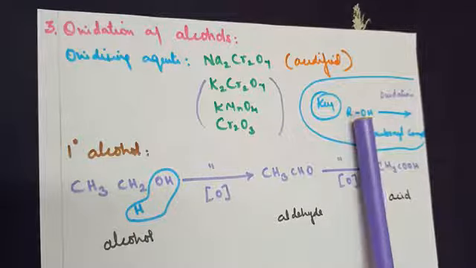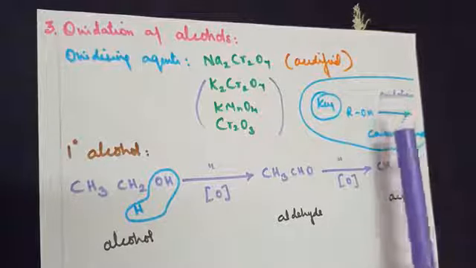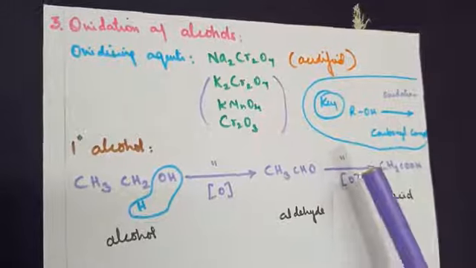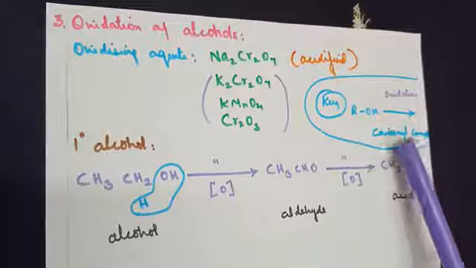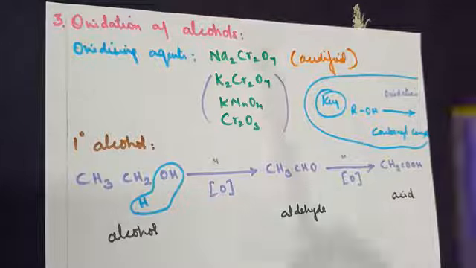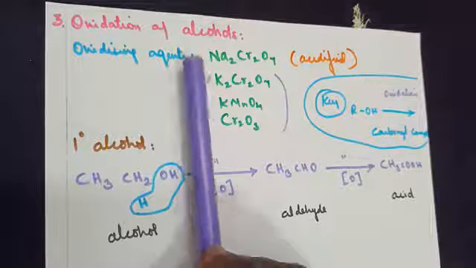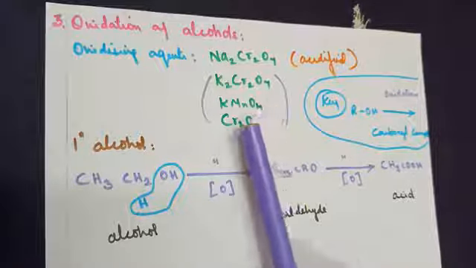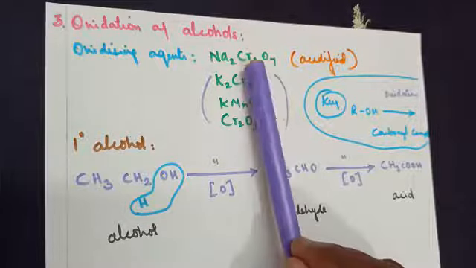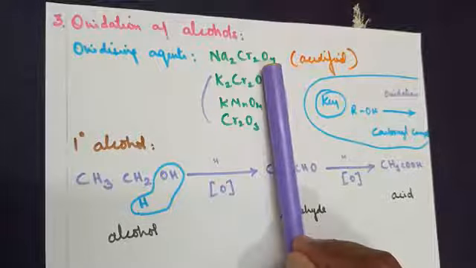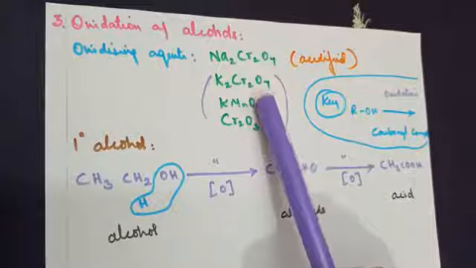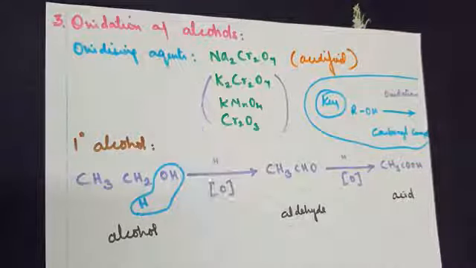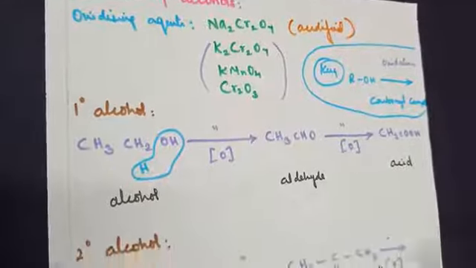The underlying principle here is that alcohol on oxidation is converted into carbonyl compounds. To remember, it can be converted into an aldehyde or ketone and acid. So any of the carbonyl compounds it can be converted into. The oxidizing agents that can be used here are sodium dichromate or potassium dichromate or potassium permanganate or chromium trioxide. Acidified sodium dichromate is given in the textbook, but those of you who are following the NCERT book will find these three options can also be used as oxidizing agents. So very simple reactions, nothing to get worried about.